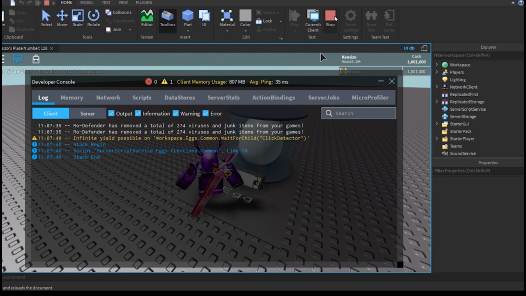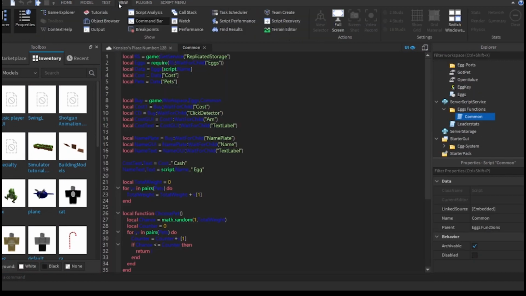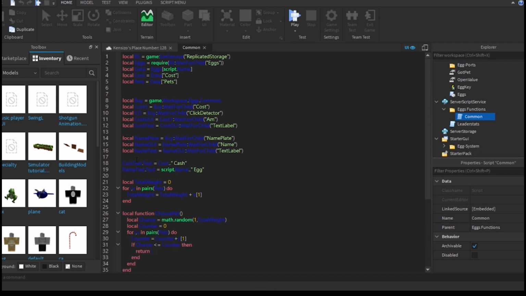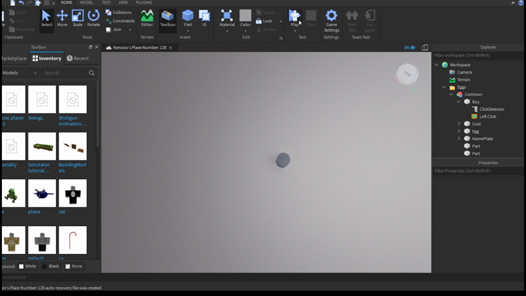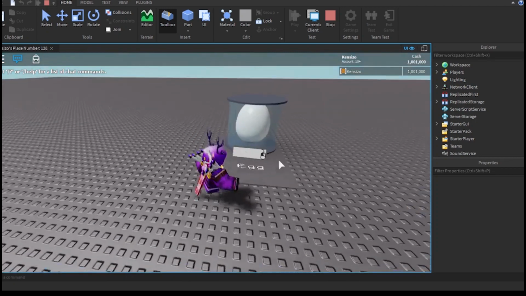Wait for child click detector, common line 9. Why do we keep getting infinite yield on click detector? Line 10 equals by colon wait for child. By. No, it's going to be by workspace and by wait for child cost and not cost click detector. My apologies. It's early in the morning, so